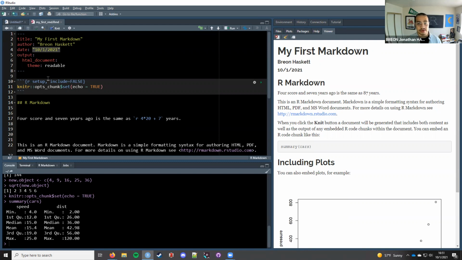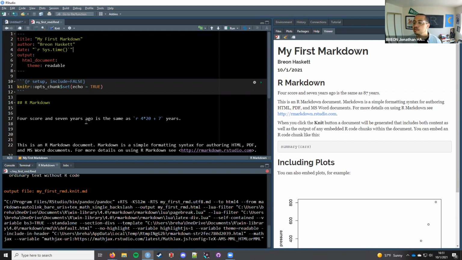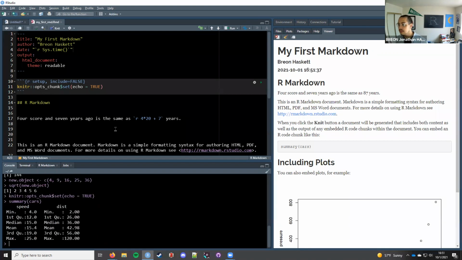So we're going to the date and we're going to put the Sys.time function and then we knit. And now it tells us the exact system time. Still today's date, but it also tells us the exact time that the document was created.